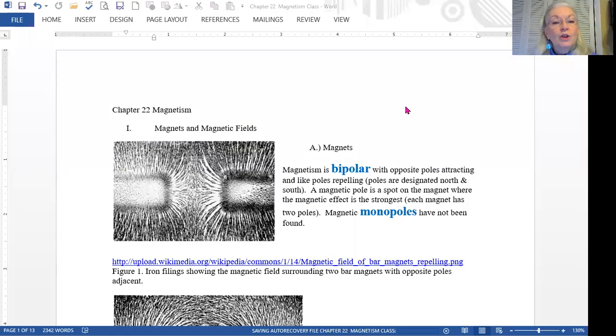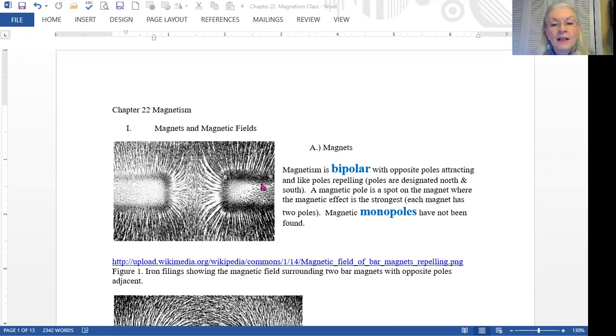Welcome to chapter 22. This chapter starts us into magnetism. To begin with, we'll want to look at magnetic fields around simple bar magnets. This photograph shows you what little bits of iron filings would look like if we had two bar magnets, but they were oriented so that they had